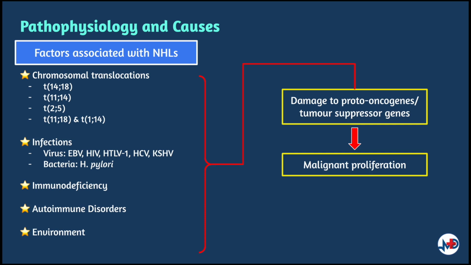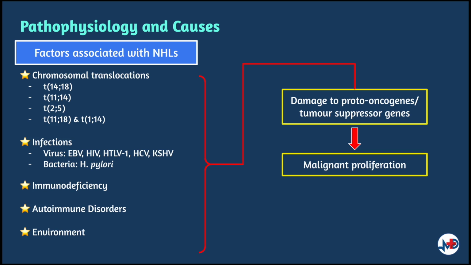T11;18 and T1;14 are associated with mucosal associated lymphoid tissue lymphomas, or MALT. Several viruses have been associated with the pathogenesis of non-Hodgkin's lymphomas. Their ability to induce chronic antigenic stimulation and cytokine dysregulation may have contributed to this uncontrolled B or T cell proliferation. Examples of implicated viruses include the Epstein-Barr virus, human immunodeficiency virus, human T-cell leukemia virus type 1, hepatitis C,